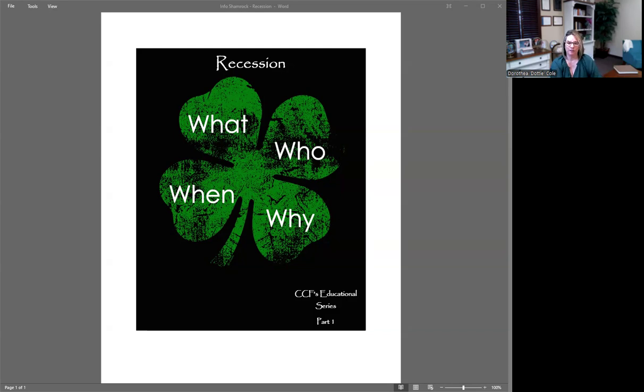Last year, we focused on the first four letters of the word shamrock, S-H-A-M. And this year, we're going to focus on the last four letters, R-O-C-K, starting this week with the letter R,